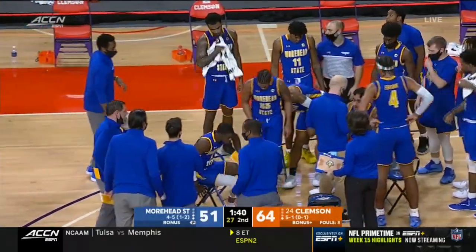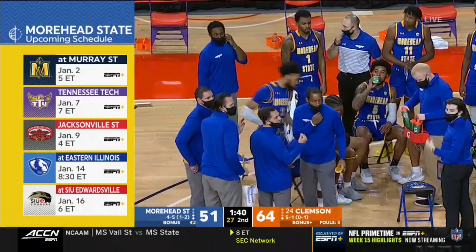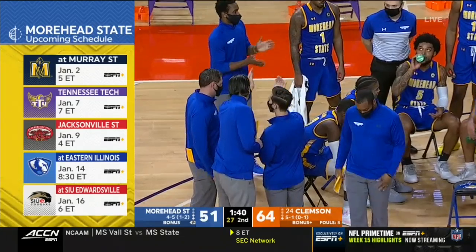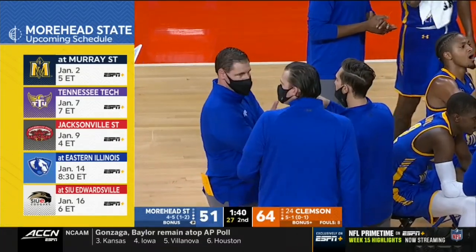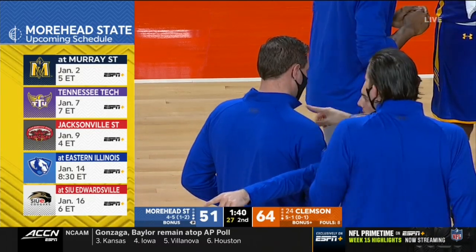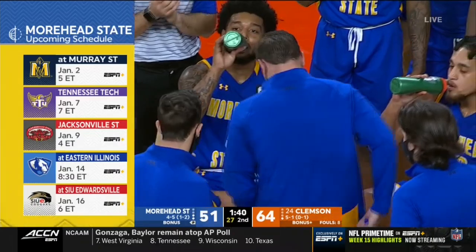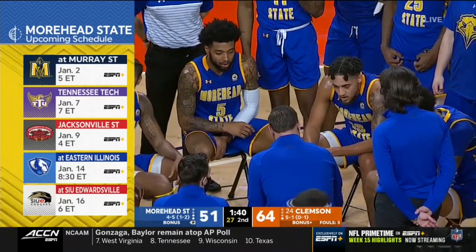We showed you Clemson's upcoming schedule for Morehead State. Nice long layoff before they get back to action in Murray, Kentucky, January 2nd, then Tennessee Tech, Jacksonville State, Eastern Illinois, SIU Edwardsville. That was Morehead State's last game, a close loss against SIUE. I think Murray State and Belmont will be two of the favorites with Austin Peay and Preston Spradlin right now